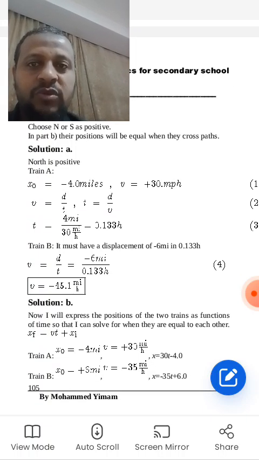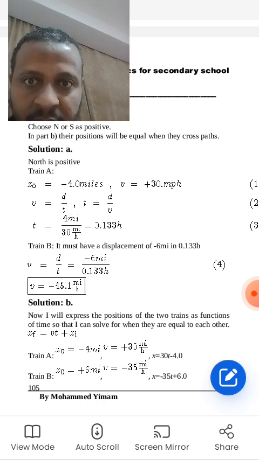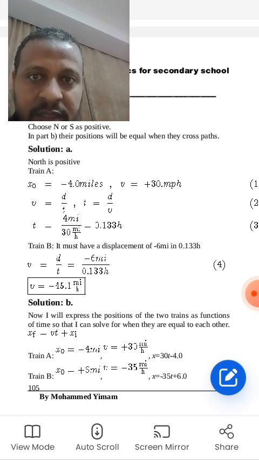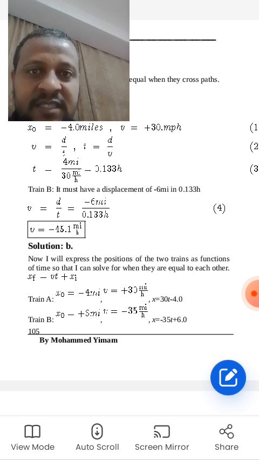Train A, x naught is equal to minus 4.0 miles. Velocity is equal to plus 30 miles per hour. V is equal to d over t. Velocity is equal to distance over time, displacement over time. Time is equal to displacement over velocity. Therefore, time is minus 4 miles over 30 miles per hour, which is equal to minus 0.133 hour. Train B must have a displacement of minus 6 miles in